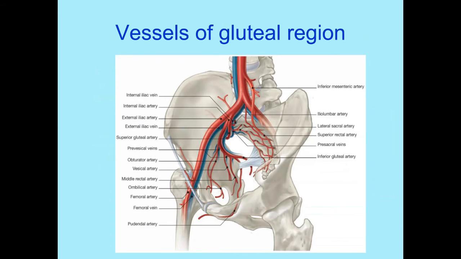In this diagram, we can also see the abdominal aorta coming into the pelvic region, then dividing into the common iliac arteries. Then the common iliac artery is again divided into the external iliac artery and internal iliac artery. The external iliac artery goes straight downward. As it crosses the inguinal ligament, it becomes the femoral artery, while the internal iliac artery gives branches to the pelvic region.